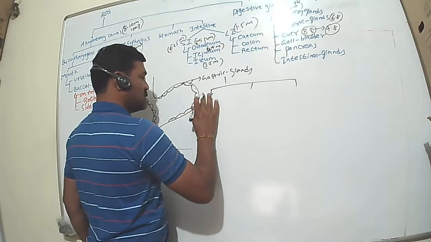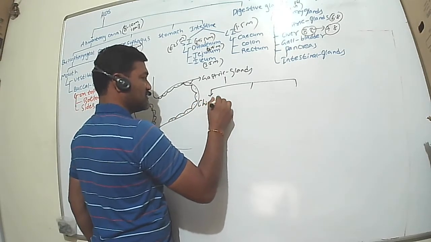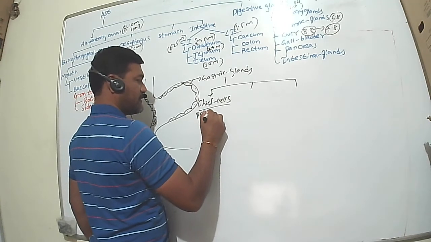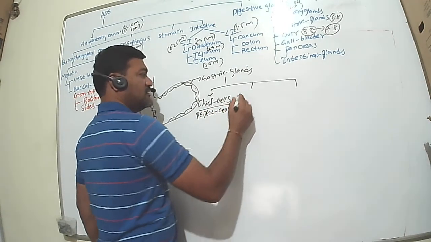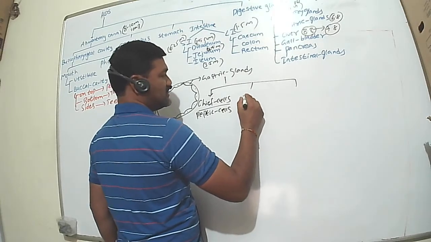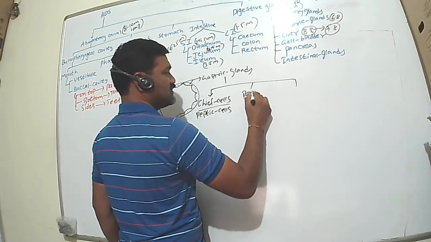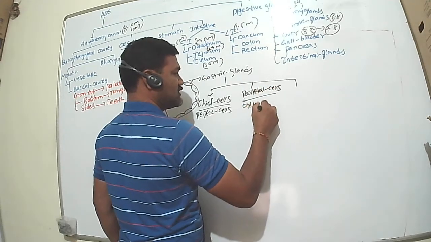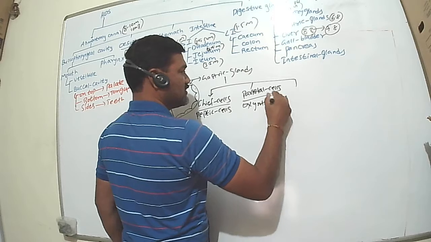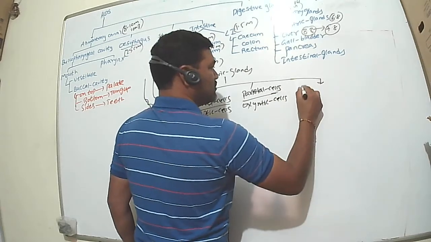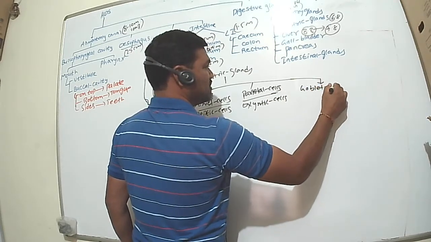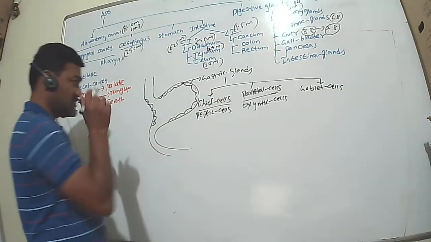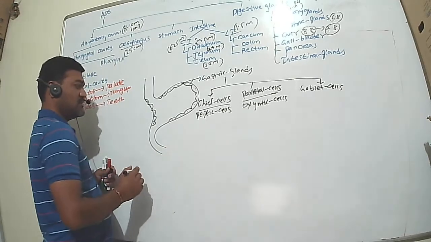You have first the chief cells. Chief cells are also called peptic cells, and then the other one is the parietal cells. Parietal cells are also called oxyntic cells, and lastly the goblet cells, or the cells which release the mucus, goblet cells or mucus cells. Now coming to the chief cells,